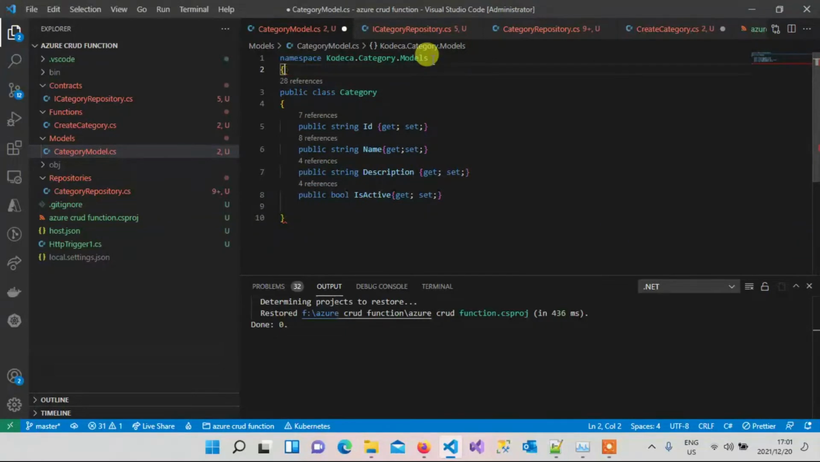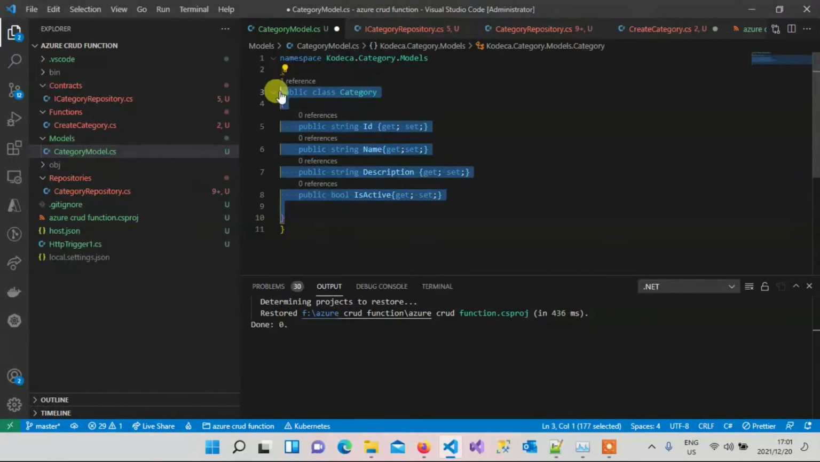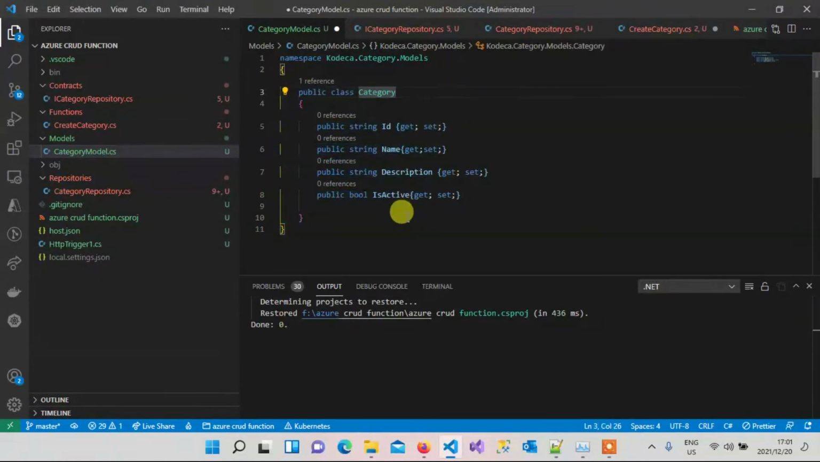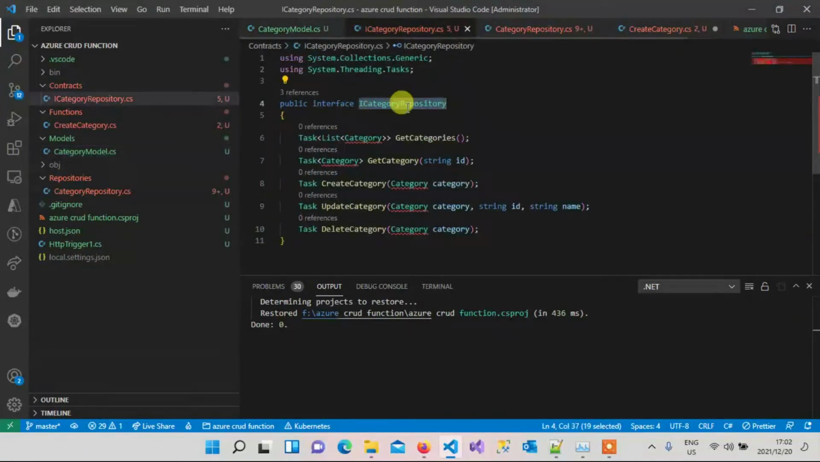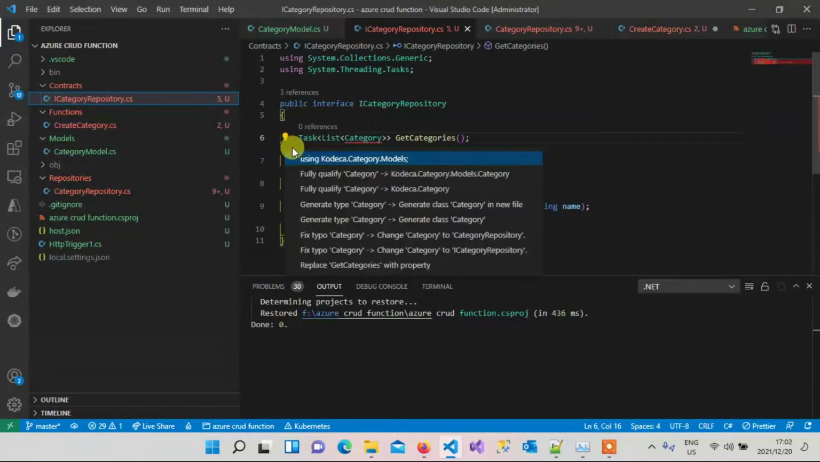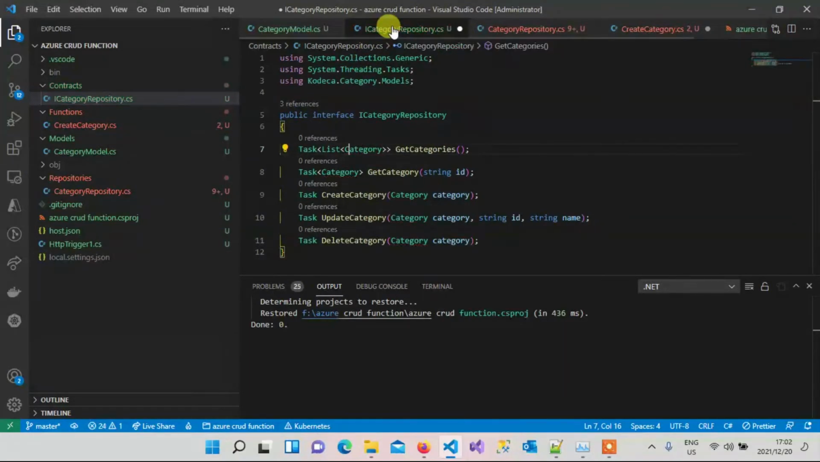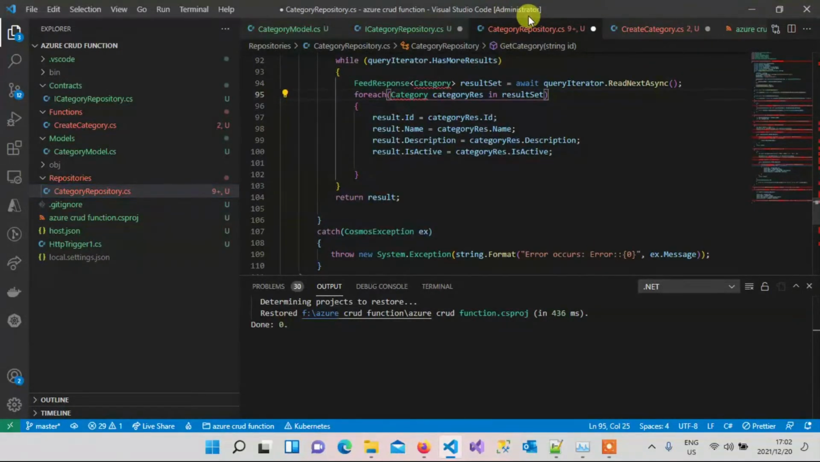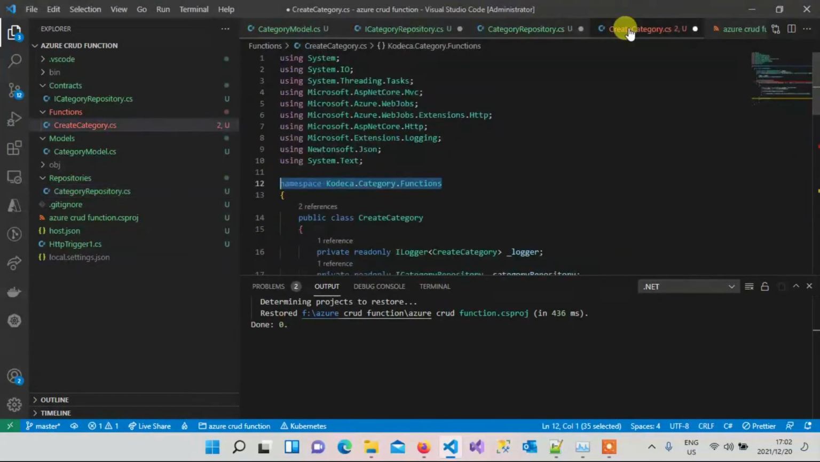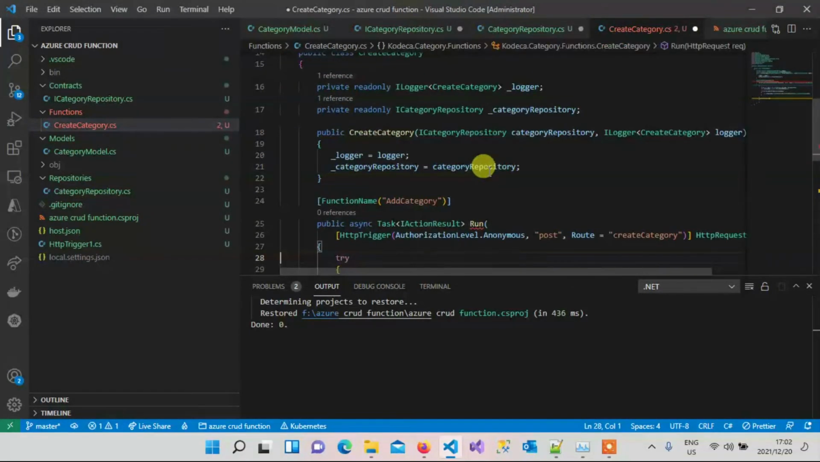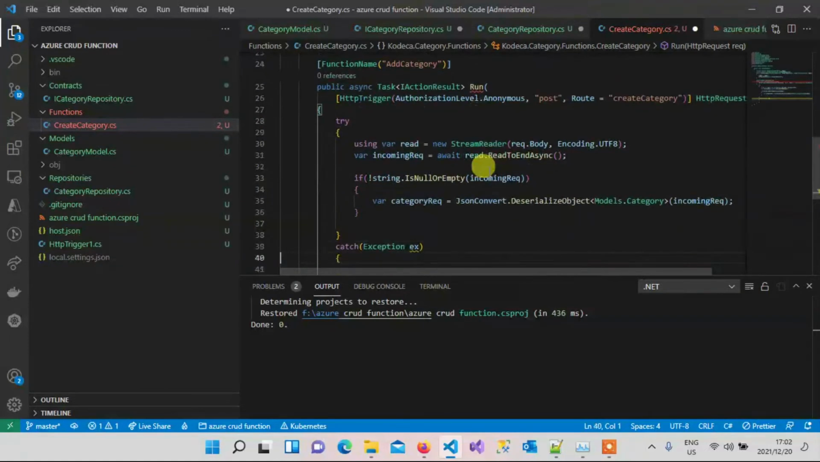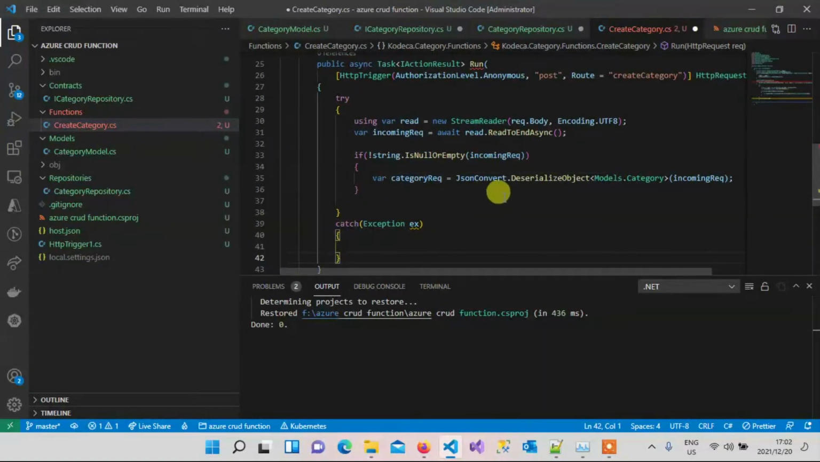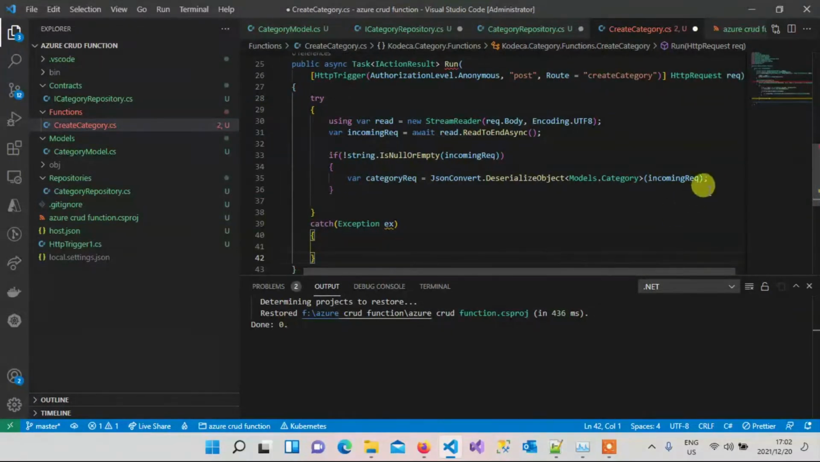Okay. Let's align our code. So now I know it's going to be a lot of use of all these namespaces so that we can fix our problem. Let's check. Now we have fixed our namespace there. Okay. With the next step,